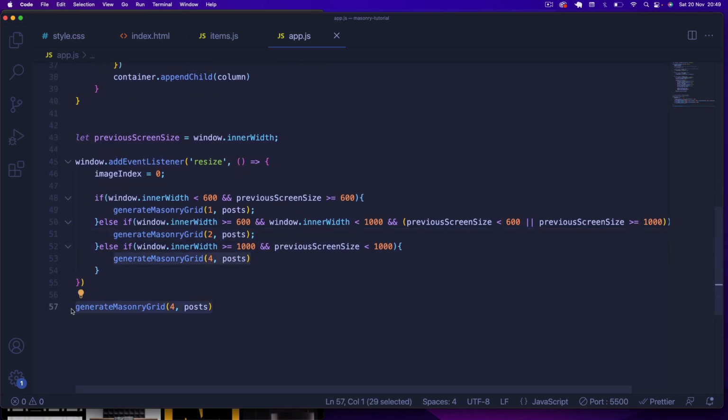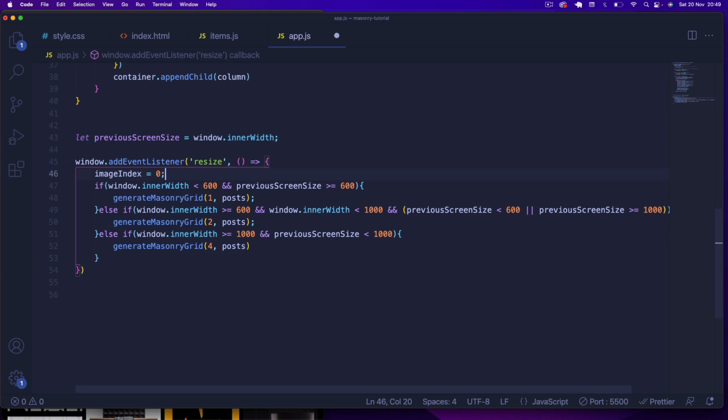Because obviously when we load our page, we need to adjust it. We need to do this kind of logic as well. So we can say the same thing here. Coming out of this add event listener on the window, this is for when the page initially loads up. So on page load, we'll say if previous screen size is less than 600, and we can say again generate with one column,